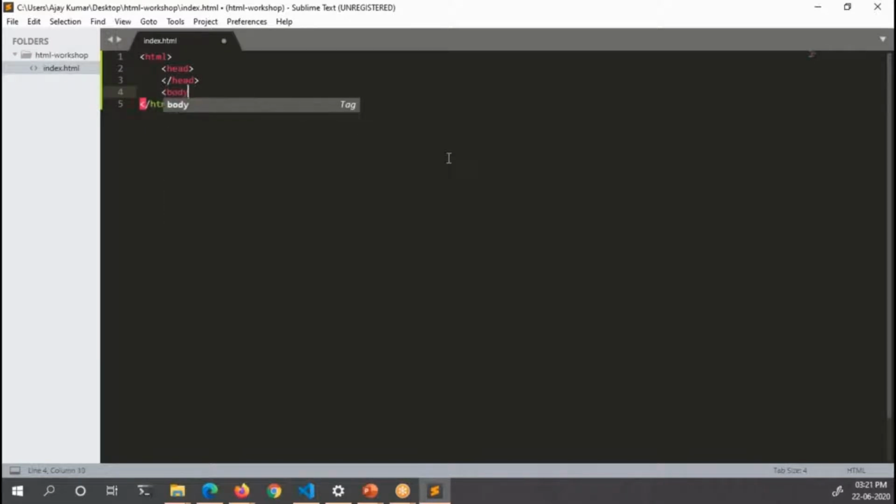In HTML we have head and body. So inside HTML head you can have title. Let us say first web page and close of the title.